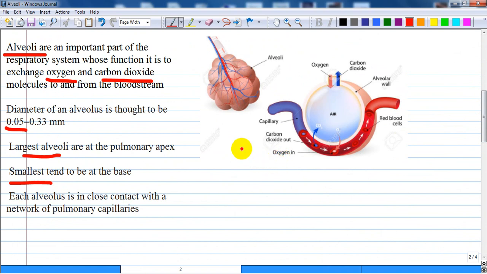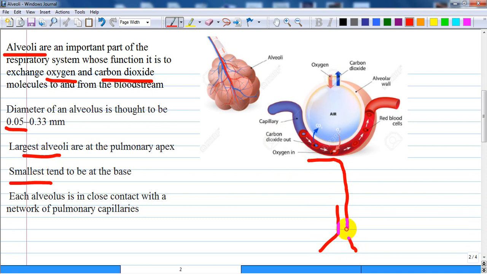Alveoli are an important part of the respiratory system whose function is to exchange oxygen and carbon dioxide molecules to and from the bloodstream. These tiny balloon-shaped air sacs are arranged in clusters throughout the lungs and are located at the very end of the respiratory tree. So to understand better, the respiratory tract starts with the nose, pharynx, larynx, trachea,